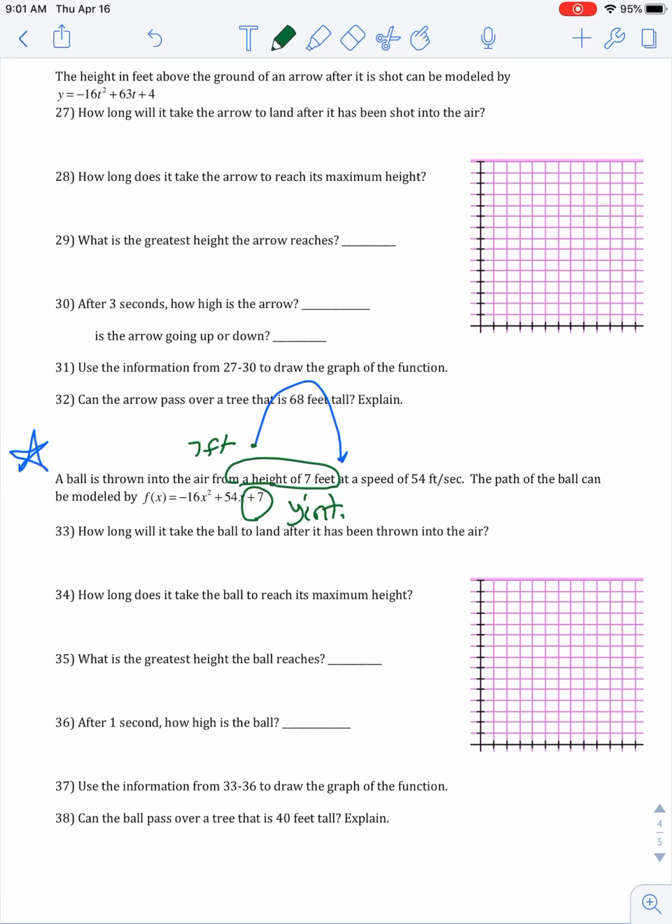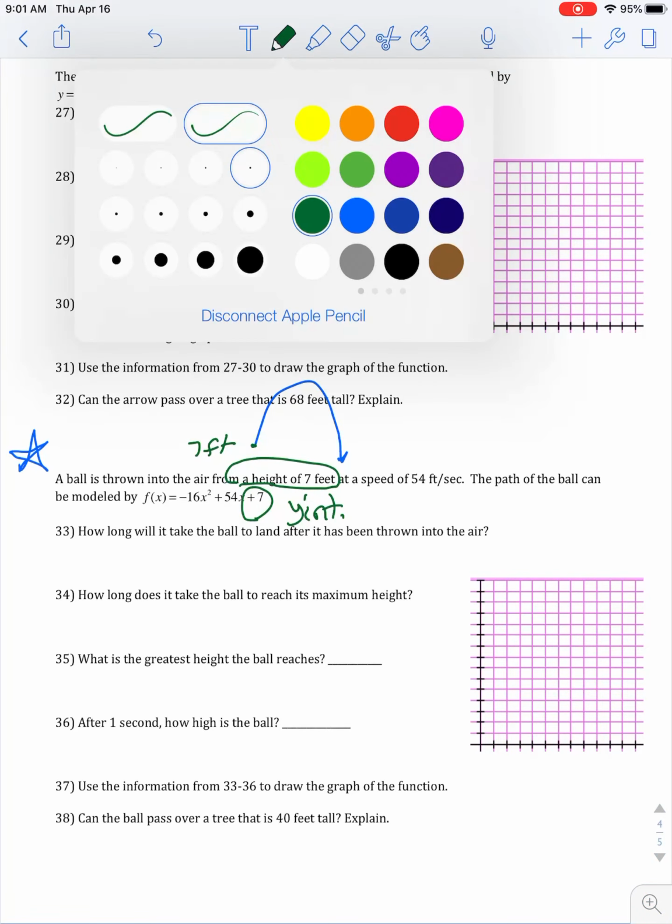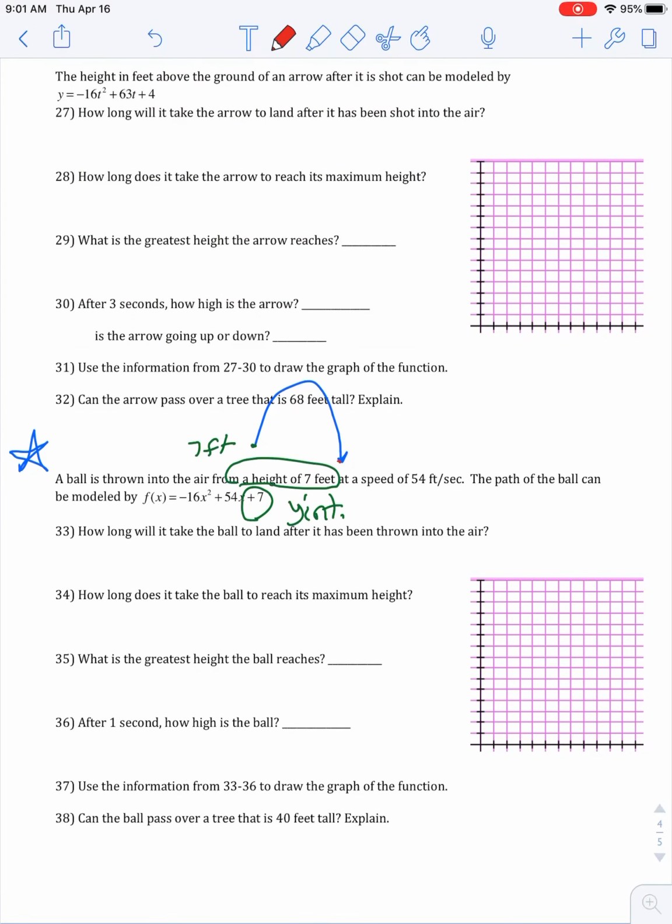So let's take a look at the questions. I'm going to read through them, and we don't always have to answer them in order. Answer whichever one you think is going to be the easiest for you first. It says, how long will it take the ball to land after it's been thrown in the air? Well, that's this point right here. We want to know how long it's going to take to land. And when it lands, its height